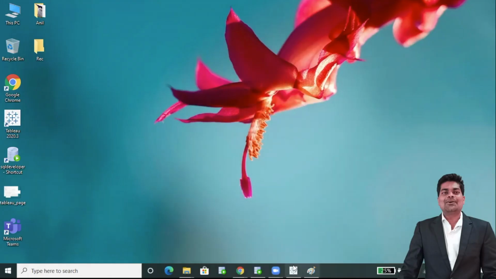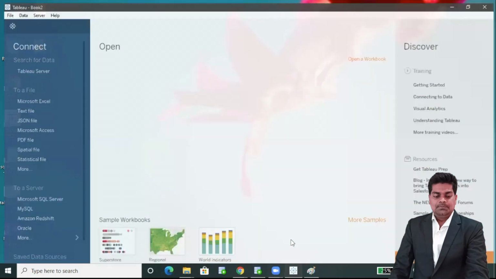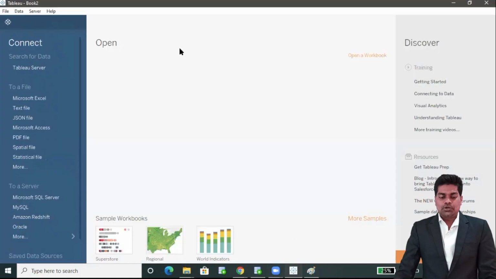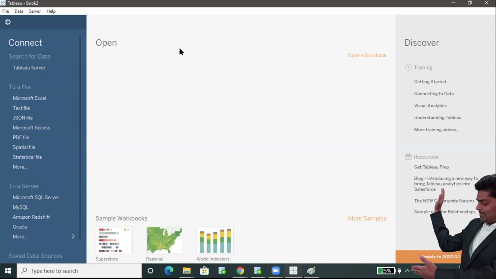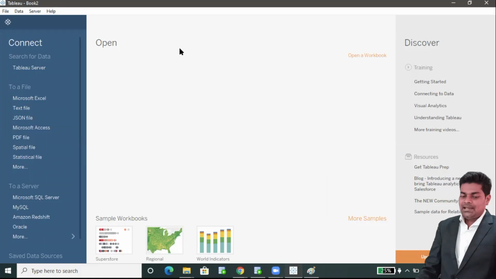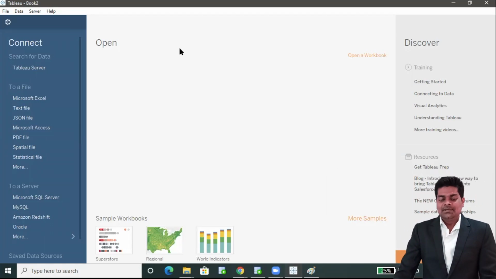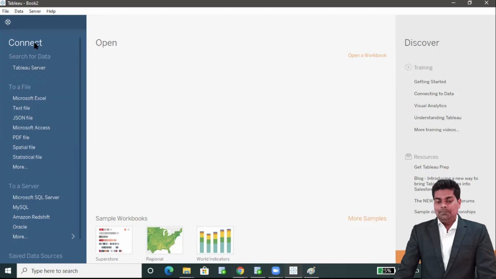So just double click on the Tableau icon, and it will open Tableau Desktop. So this is Tableau Desktop, you can see, guys, and here we have the desktop page.